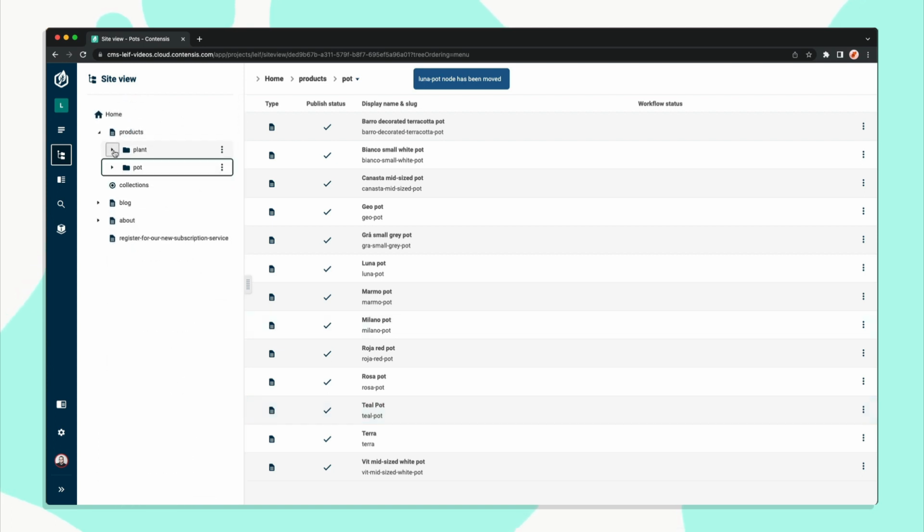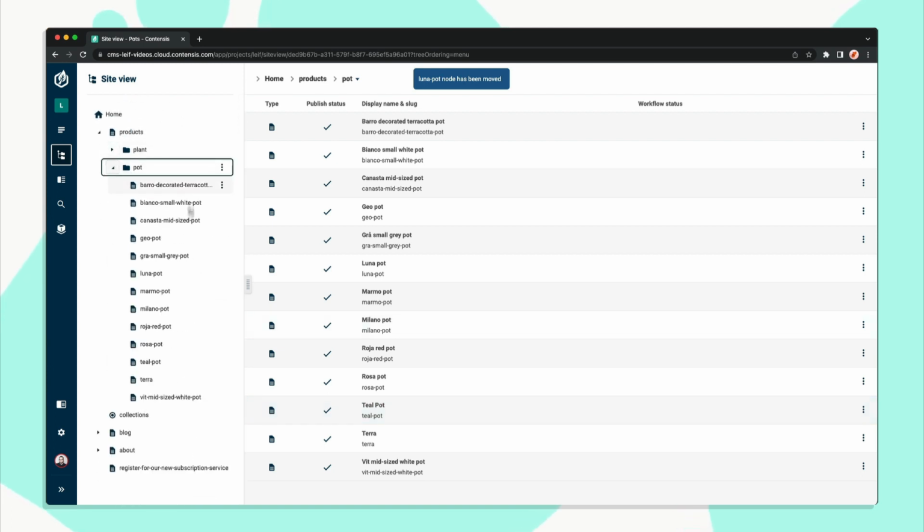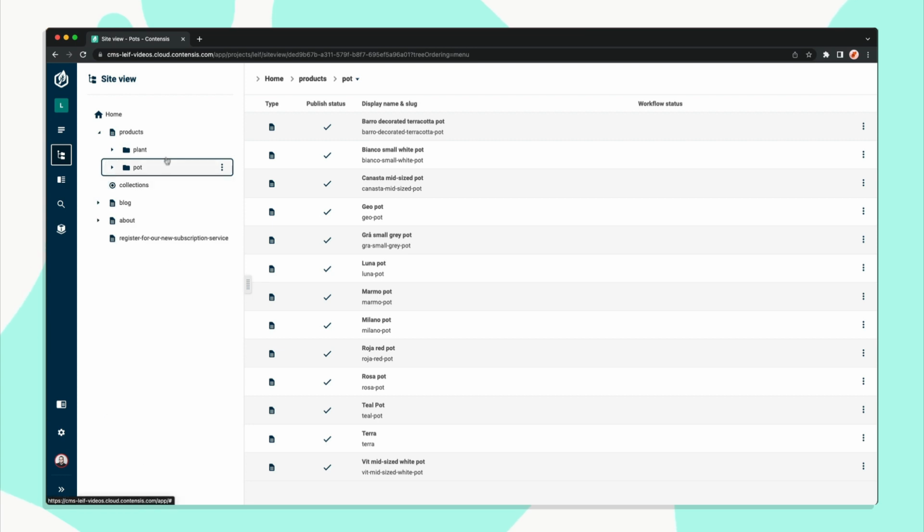And if I close the plant directory and open the pot, I can see my Lunar Pot node has been moved here. In the same way, if I wanted to move a node that includes child nodes, I can select that,